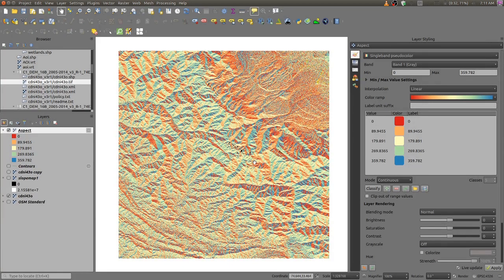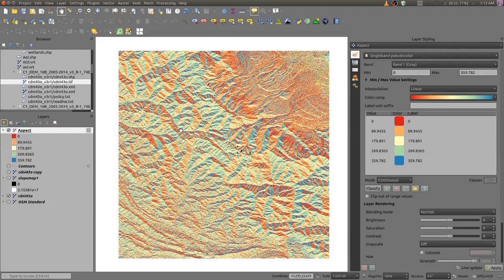Aspect is the direction of slope. Here, this is 0. There are several ranges. 0 is north facing, and this is east facing, that is around 90 degrees. This is 180 degrees, south facing, and 270 degrees, west facing.